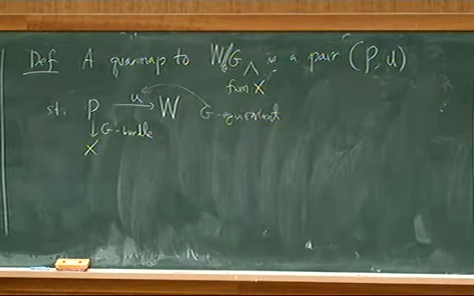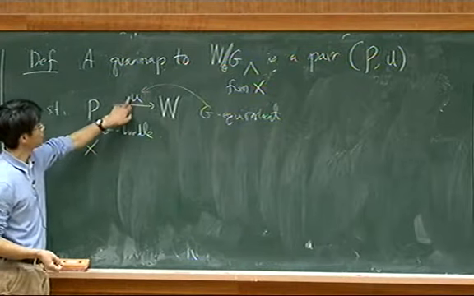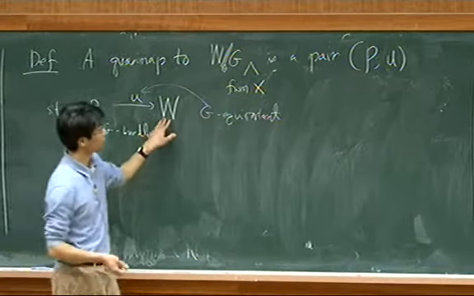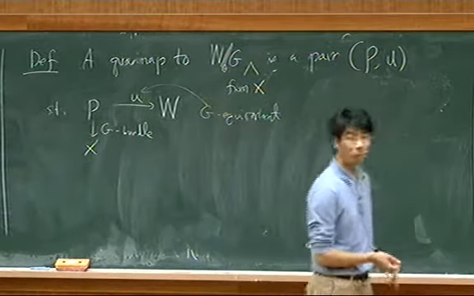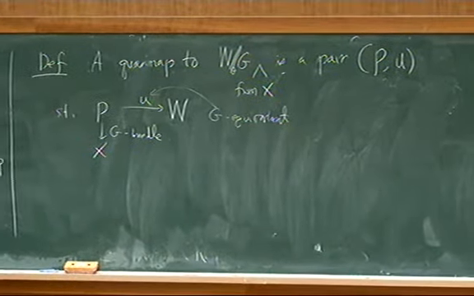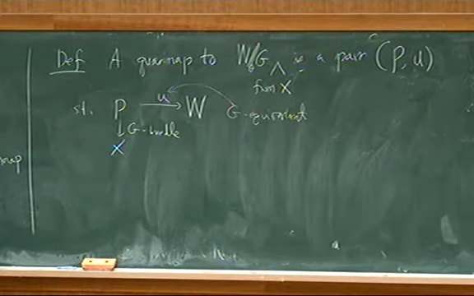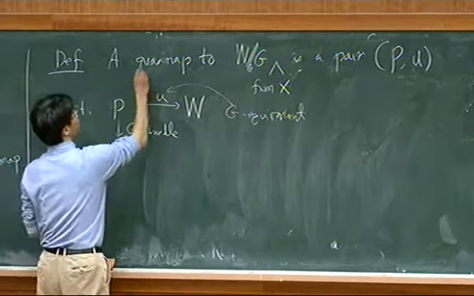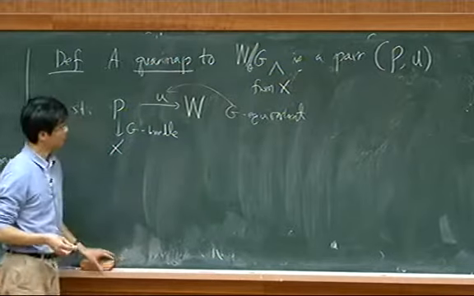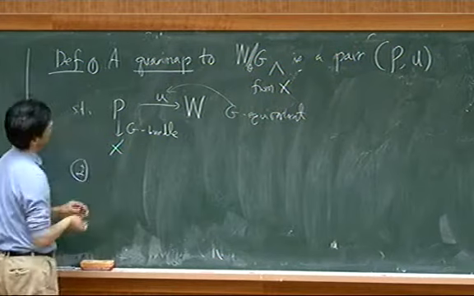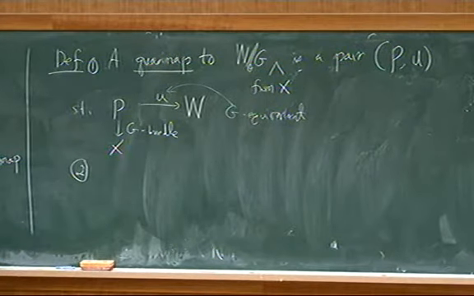Since it's not required that the image of U might land on the stable locus, it might contain an unstable point of W. So in general, this quotient map is not a defined map from X to the quotient. That's the reason why we call it a quotient map. But we'd like to control such kind of map